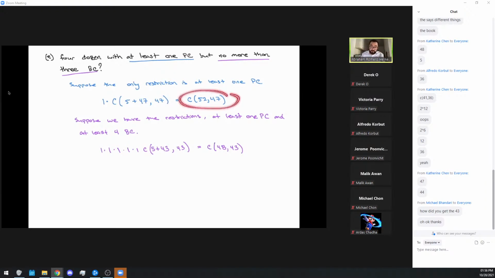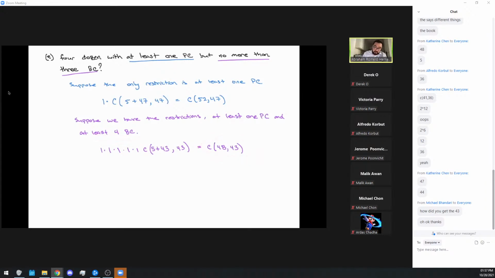So anything between 0 and 48 broccoli croissants, this set can contain. And this set will contain